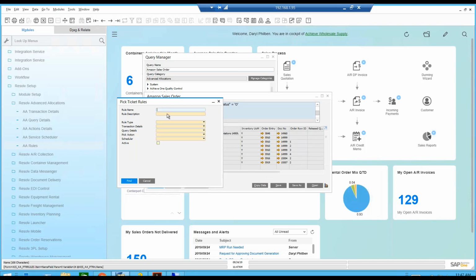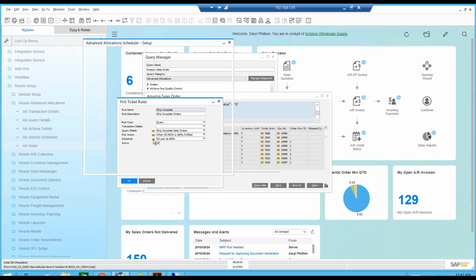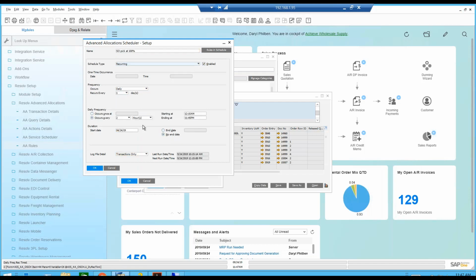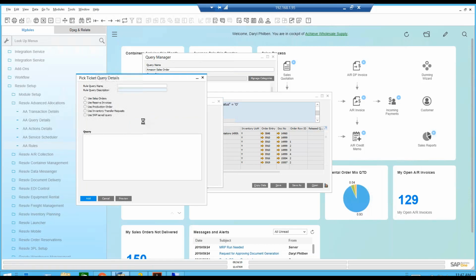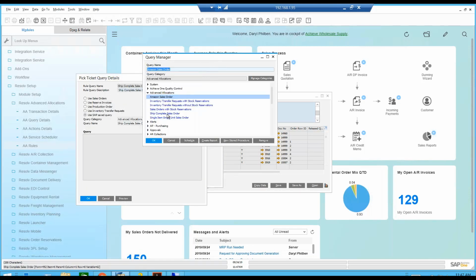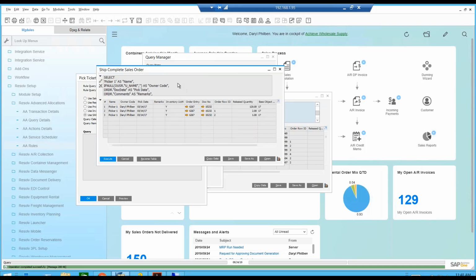Now, the next example is going to be identifying the orders that are going to be shipped complete. So we'll take a look at that. Again, you can see this is based on a query. I want to pick this on a schedule where it's going to be less frequent than the Amazon one, so you can see I'm doing that every 2 hours. My query here is basically the same query. I was able to copy and paste the query, but I changed my where clause,